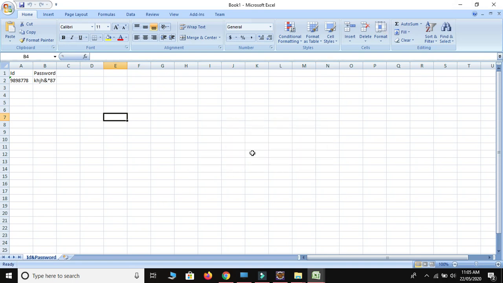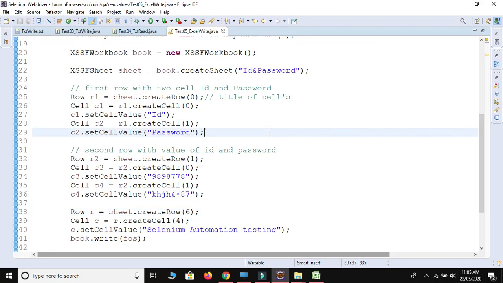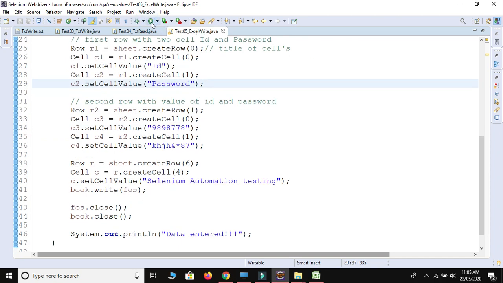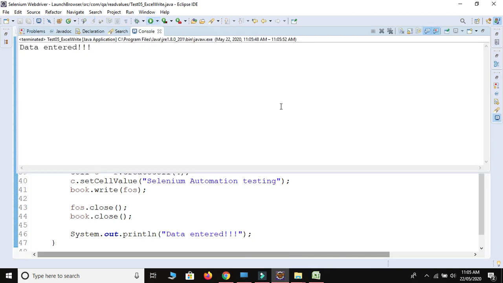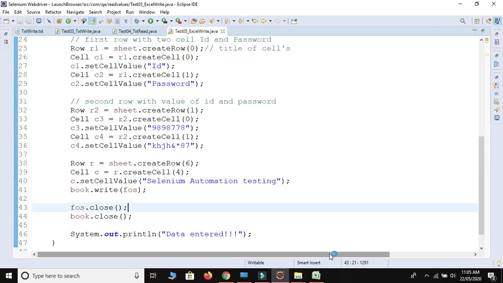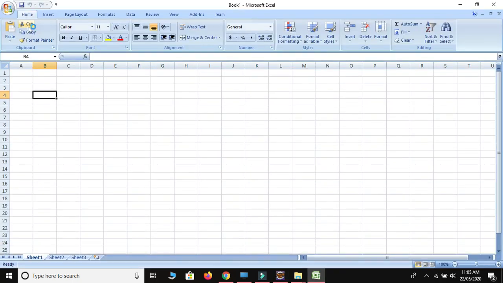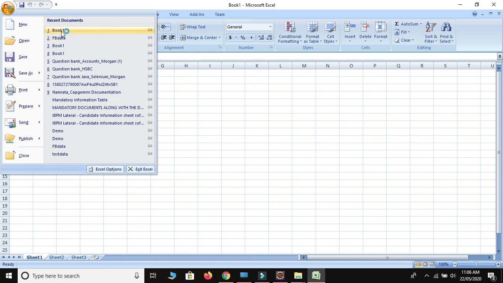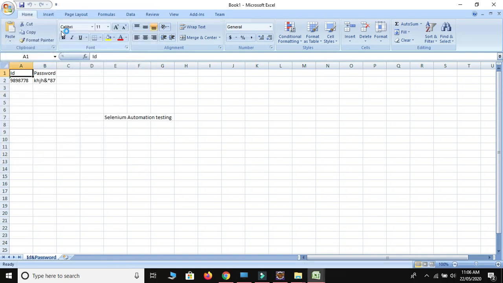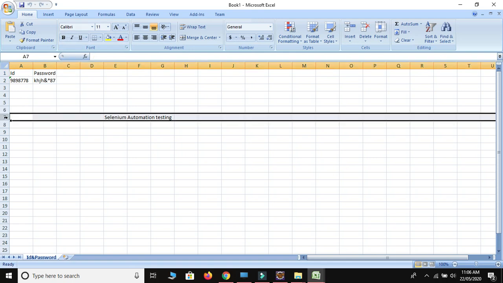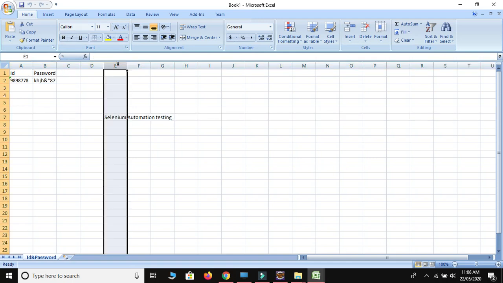Save changes, no. Let me save and run this one. Okay, data entered. Let me open our sheet. Book 1. See guys, at the 7th row with E.